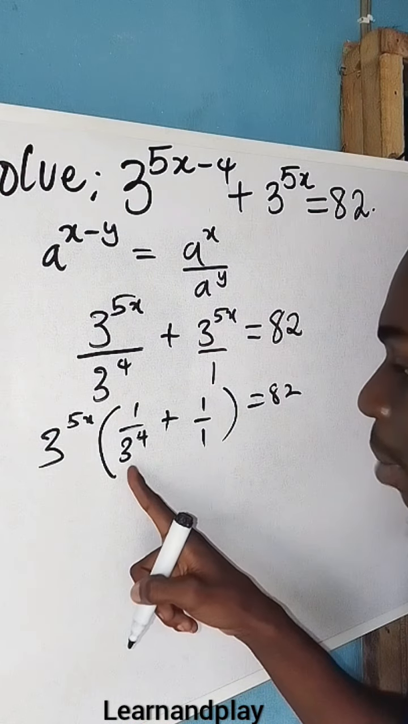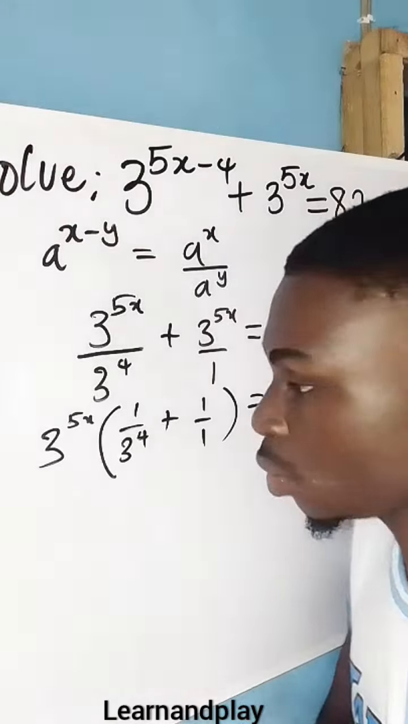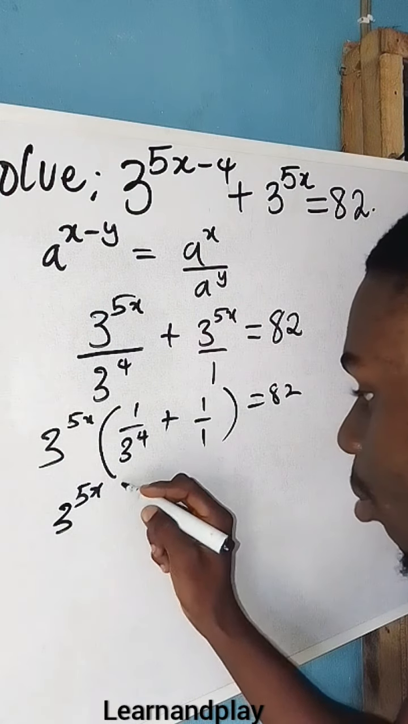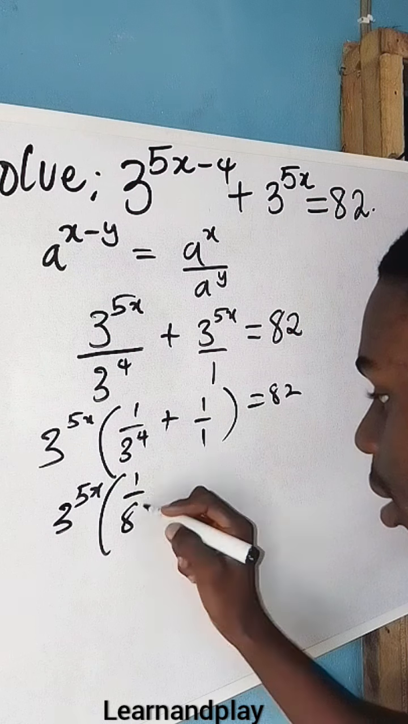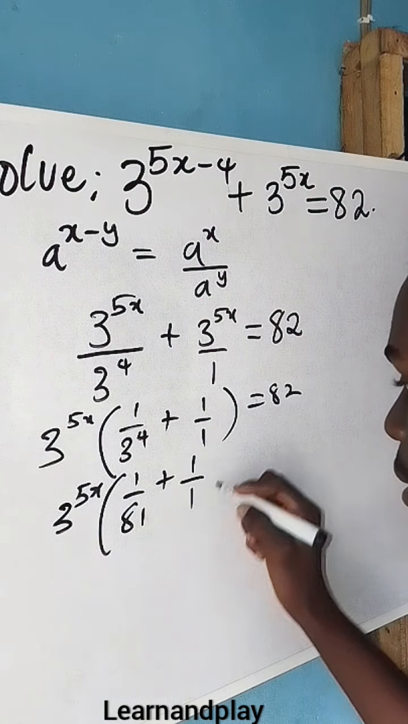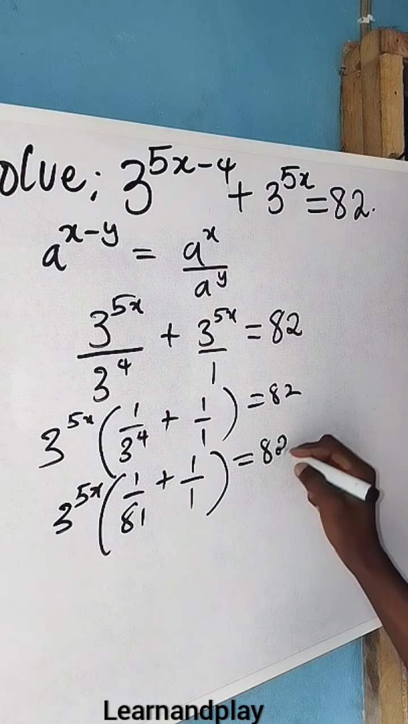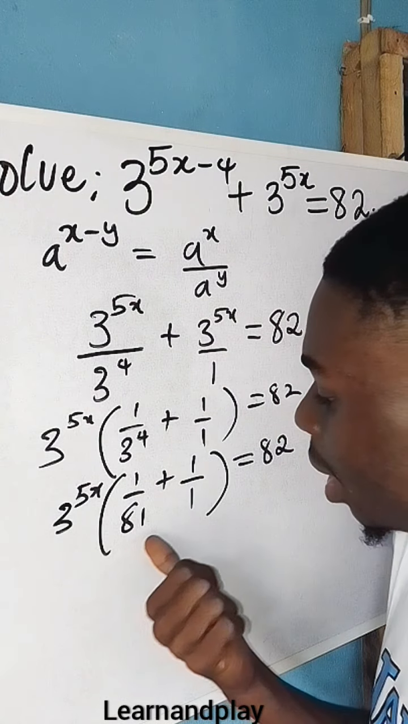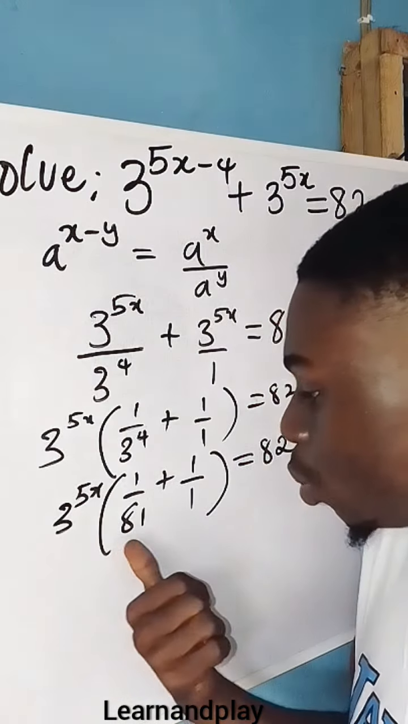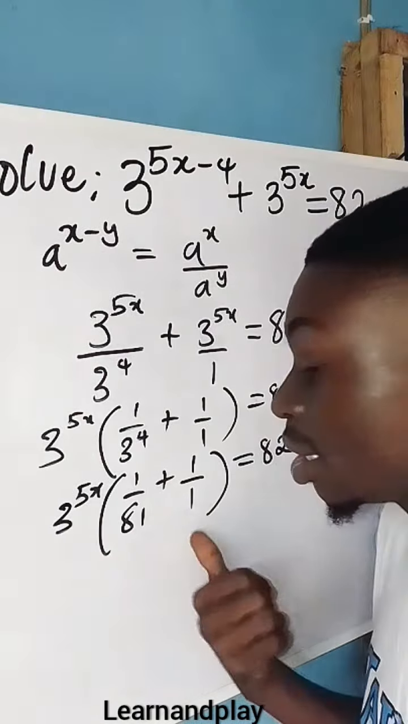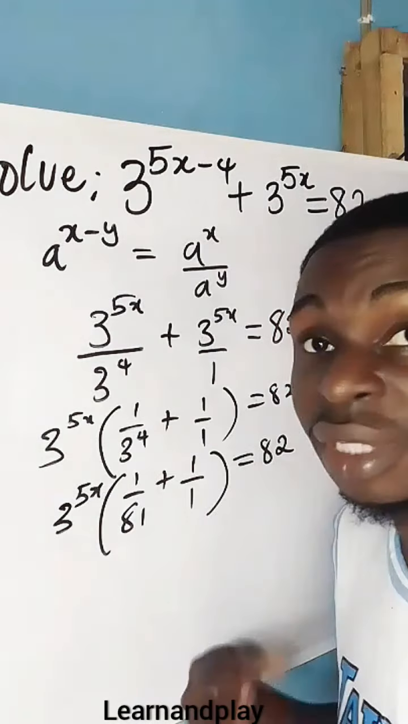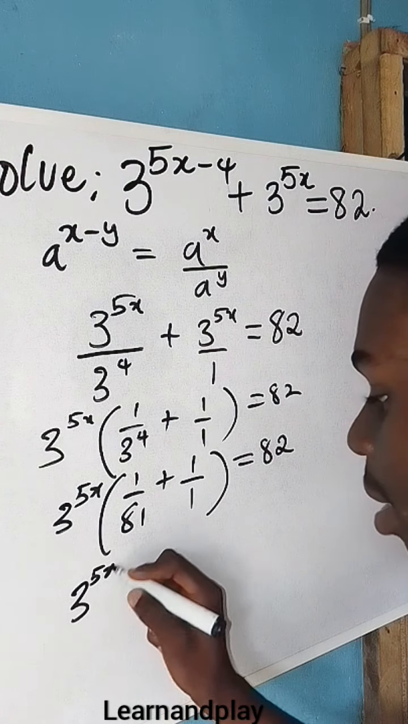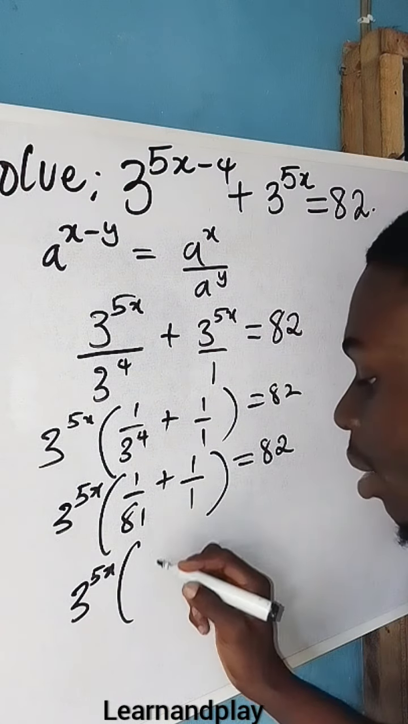3 to the power of 4 will give you 81, right? So we are going to have 3 to the power of 5x multiplied by 1 over 81 plus 1 over 1. All this is equal to 82. Now, since the denominator is 81 here and 1 here, the LCM here is 81, because 81 times 1 will give you 81. So you are going to have 3 to the power of 5x, alright, multiplied by,